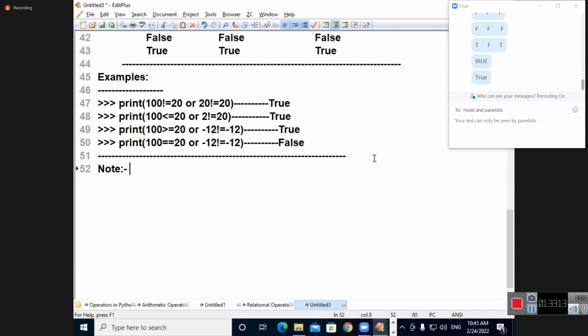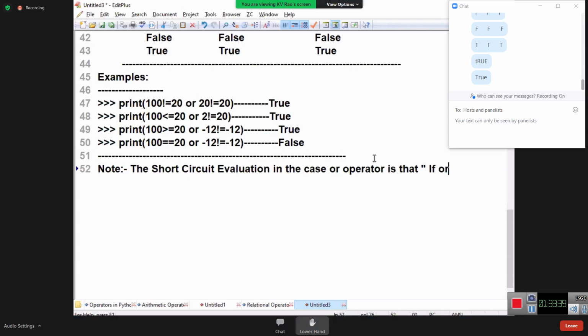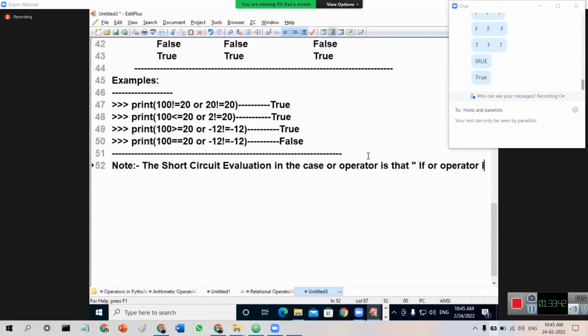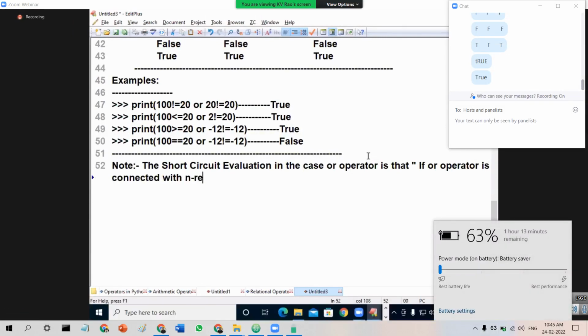Note the short circuit evaluation in the case of the OR operator is that if the OR operator is connected with n relational expressions,